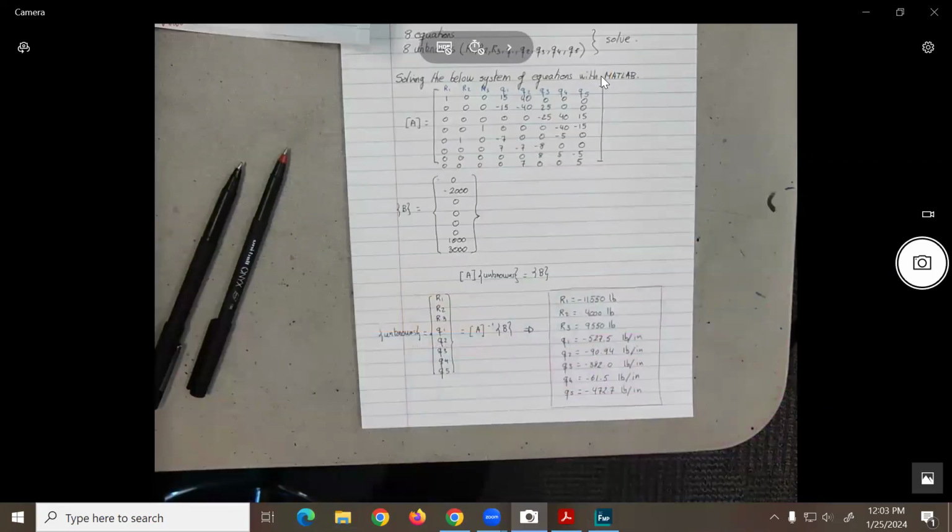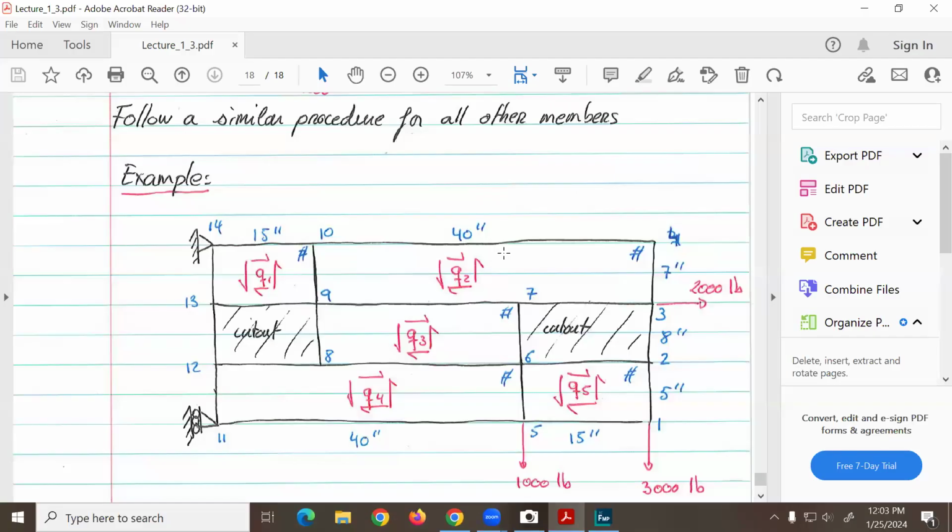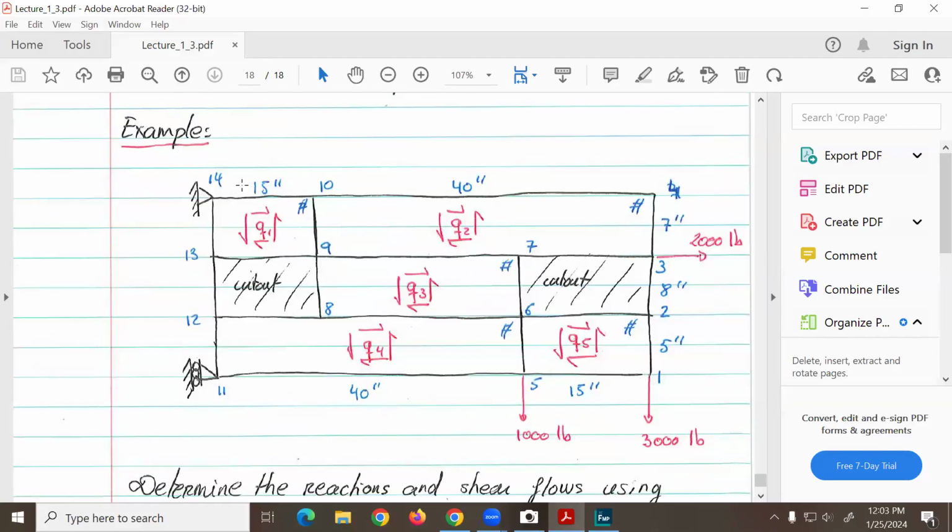So now what we could do, which takes a lot of time and it's not that difficult, is I could ask you what is the load distribution on each one of these members, looking at the actual load. Like I told you, this is not my example, this is Dr. Islami's, so I'm going to show you his results. And if you want to do it in more detail, you are more than welcome to